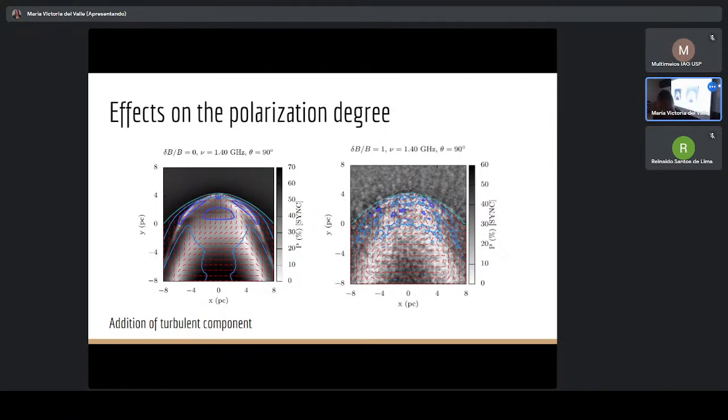One of the most common is turbulence. We know that there is turbulence in the interstellar medium, but there's also turbulence in the system. This fluid interaction between the wind and the interstellar medium is expected to be highly turbulent. Even though we cannot resolve the turbulence, it is there. So we have to put this turbulence in by hand, but we have to consider it to obtain a realistic value of the degree of polarization. So here is without the turbulent component of the magnetic field, and we see 70%, and this is with the turbulence. So what we can see here is that